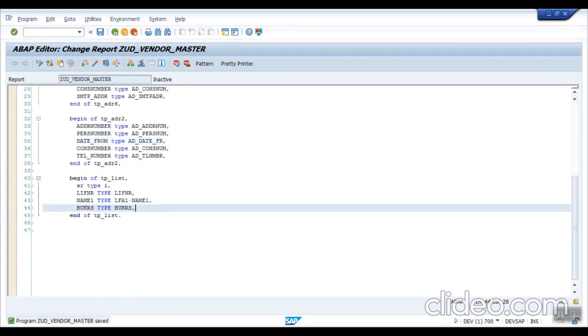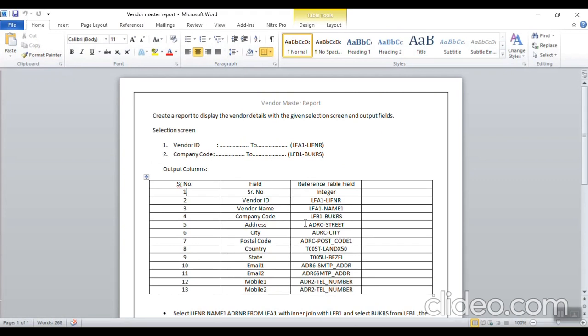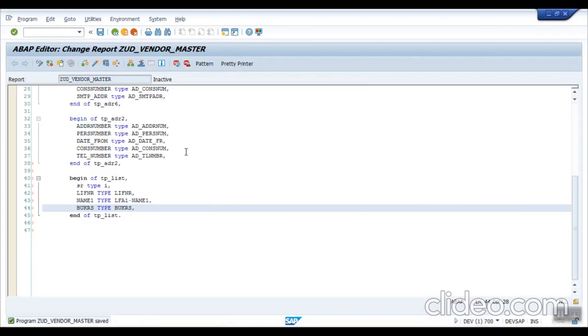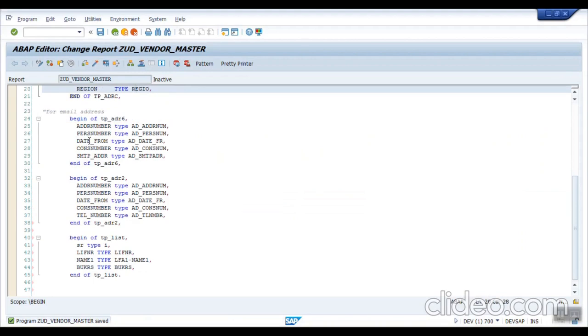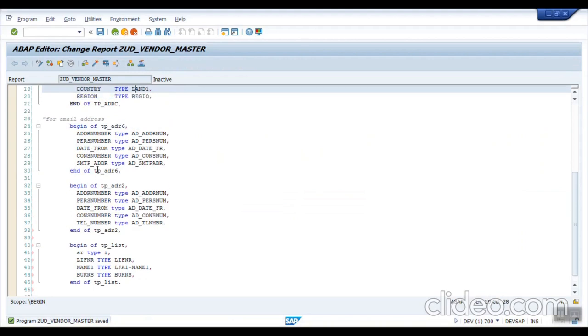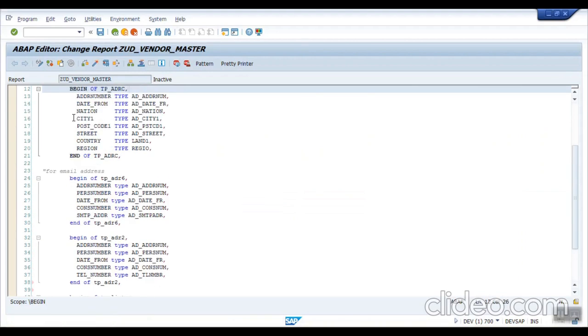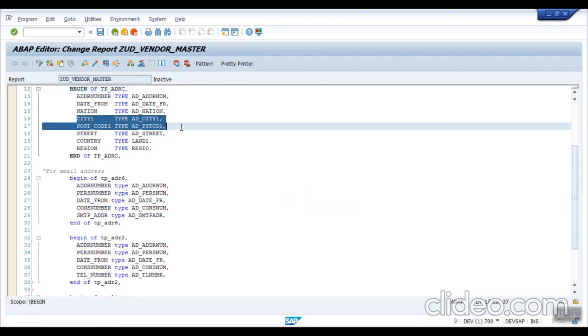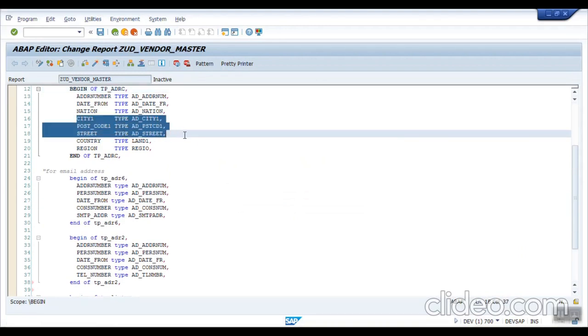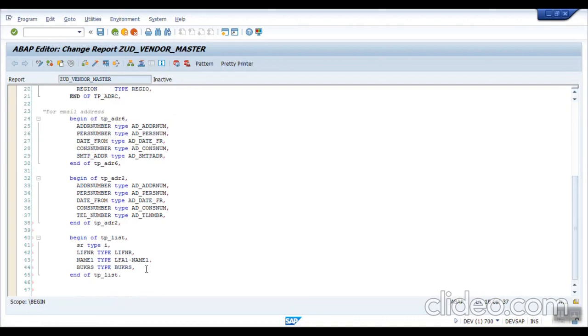After that I want to display a state, city, and the postal code. That I will select from the ADRC table. Okay, you can go state, city, and postal code. For country and region, I will be showing the description.